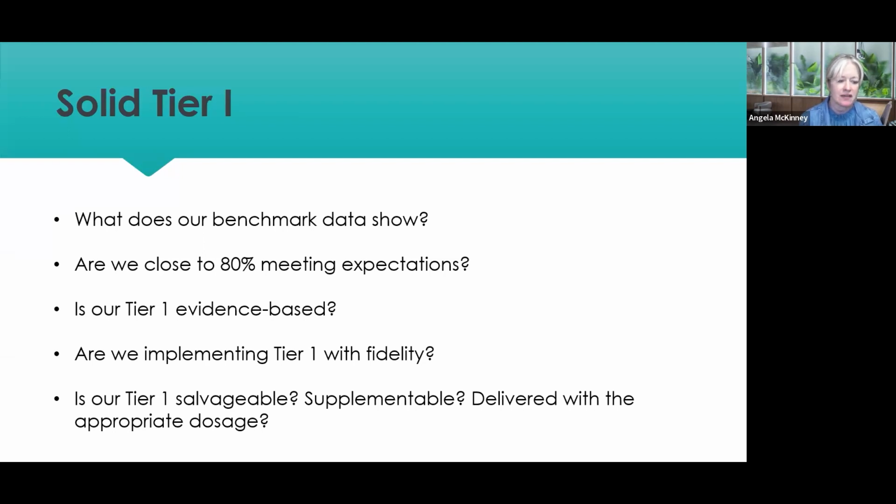Are we using evidence-based programs? Are we doing it with fidelity? Do we need to scrap it and do something new? There are some schools out there that have been using reading instruction that is not giving them what they're looking for. And some of them are choosing to say, we're starting from square one and we're going to put in something different. There are others that have programs that they think, you know, it's not bad, but it's got some gaps. It's got some holes. So can we supplement it with something else to make it stronger? So just a lot of things to think about there.